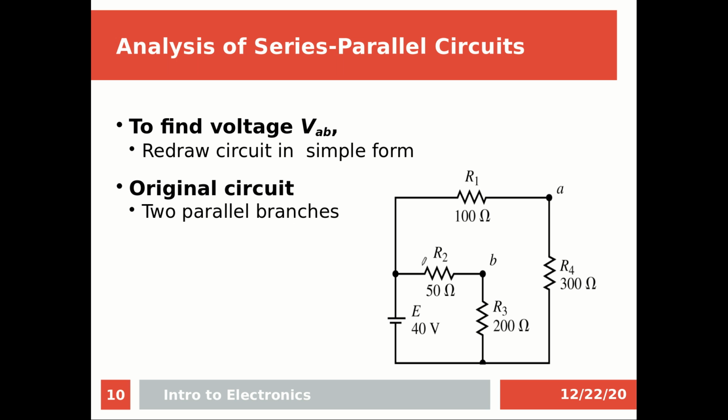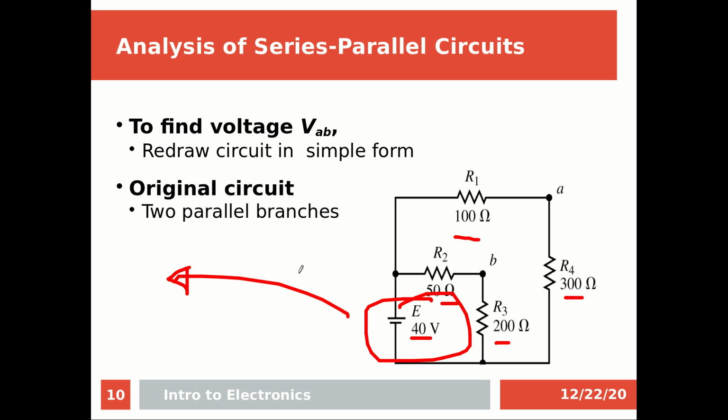To find here, for example, you see that this is the total one. You see here that R1 and R4 are in series, and R2 and R3 are in series. Both of these branches are equivalent, but you have to draw it simply. So we can redraw this to take the voltage to the